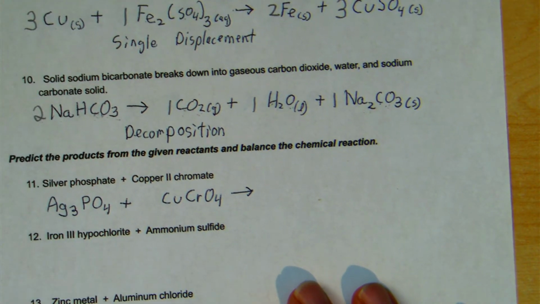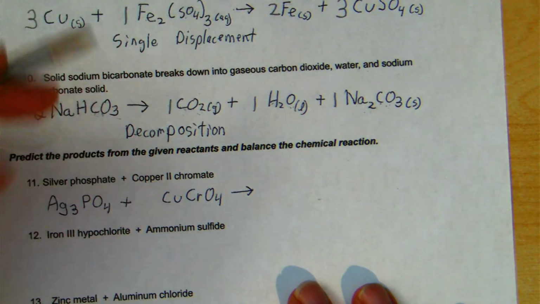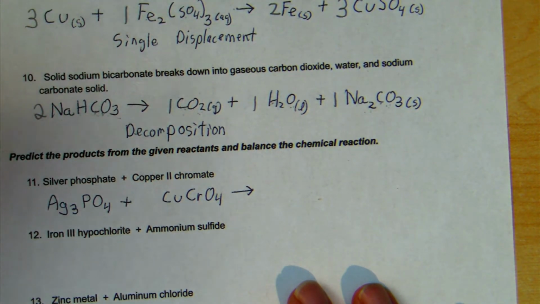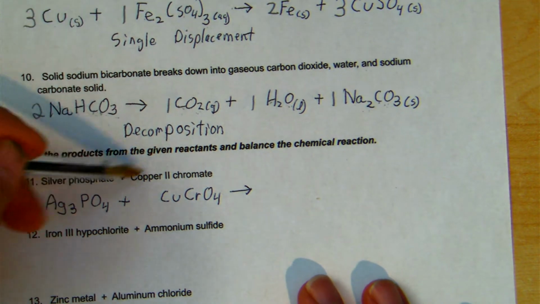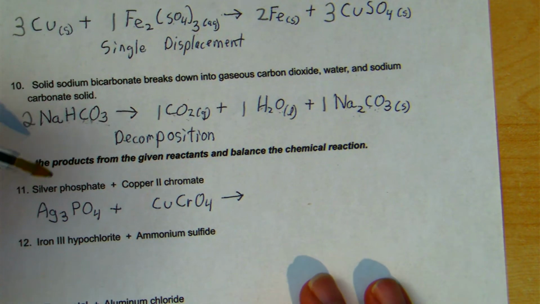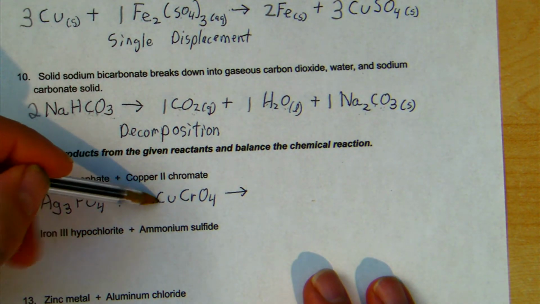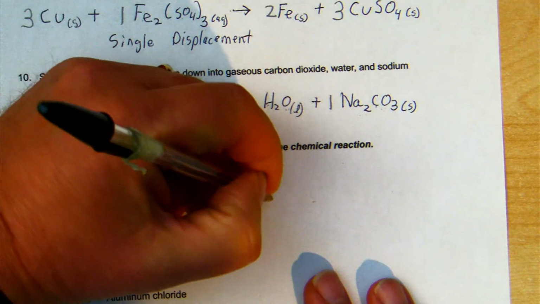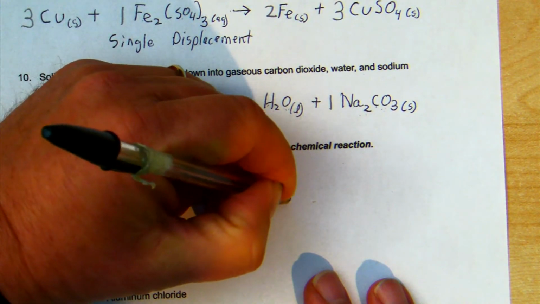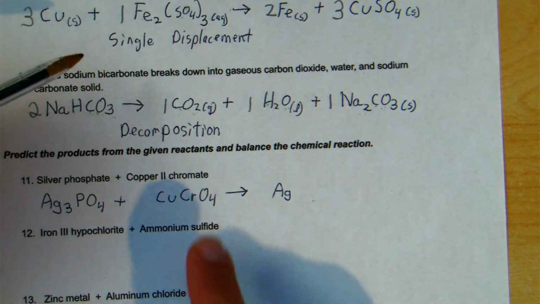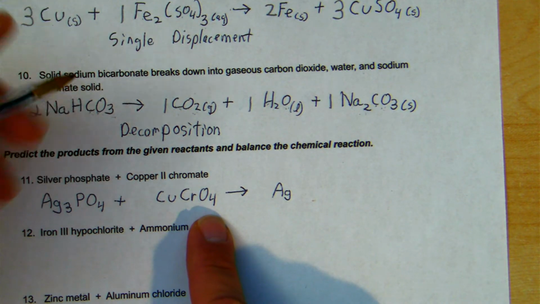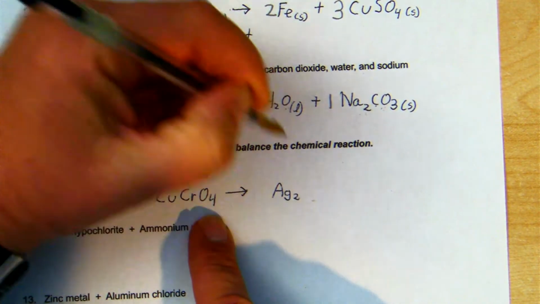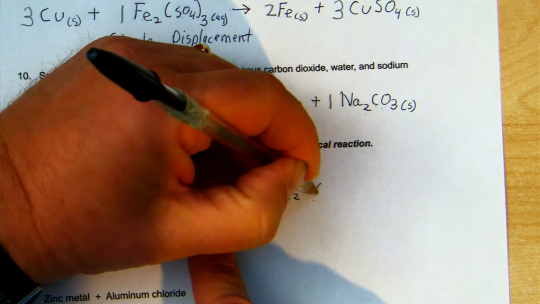So we're going to have the silver and the copper basically switch places without changing the Roman numerals. I'll write the silver first. So silver is going to always be a 1 plus charge. The chromate is a 2 minus charge. So I'm going to need 2 silvers for every chromate